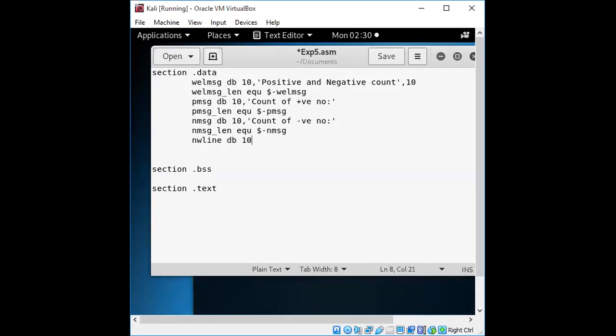Now apart from this, which are some initial messages, we will require some information, or static values, that you are going to take as an input. We'll mention that in the form of an array, with some more size, because it might require some more space. We'll take that in the form of defined words. Here we are going to use the 32-bit registers: bytes, words, and double words. We can use it for 64, which will use changed values.